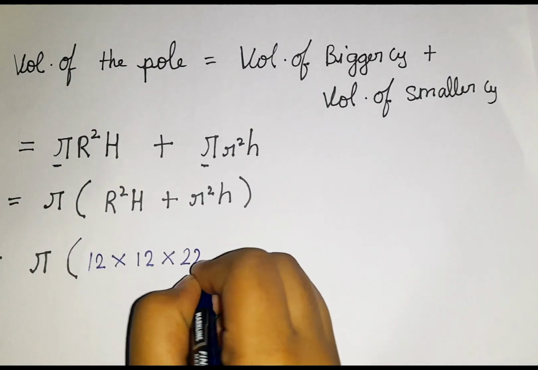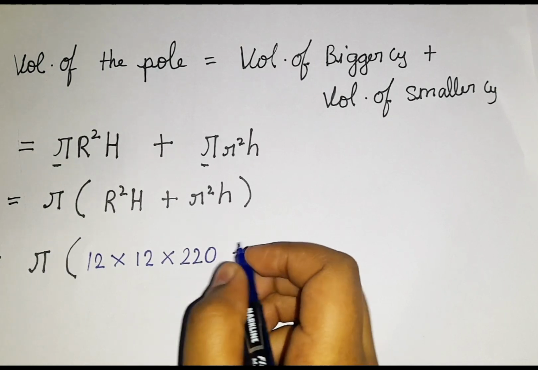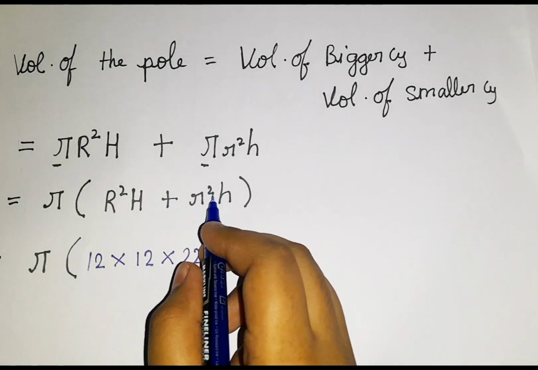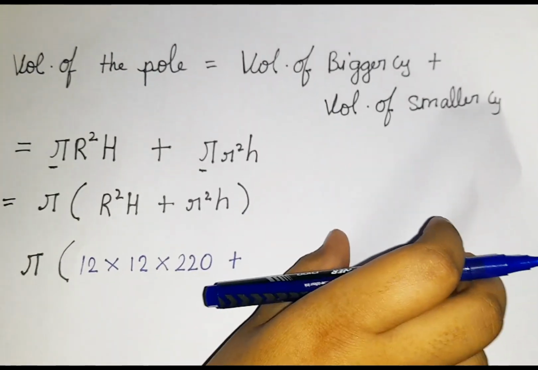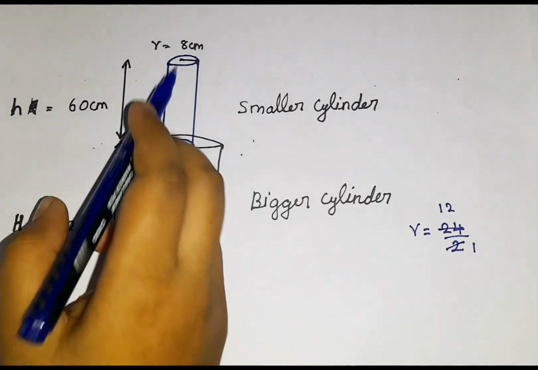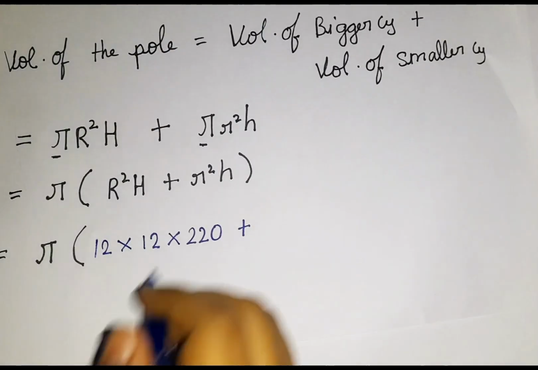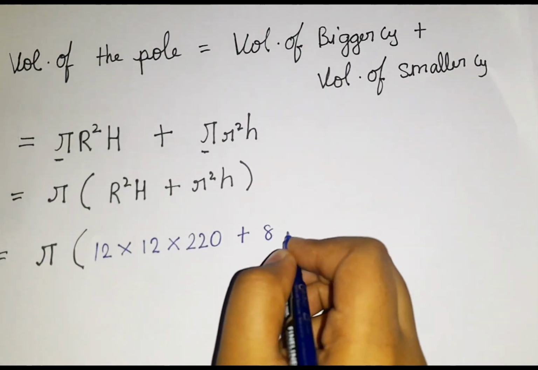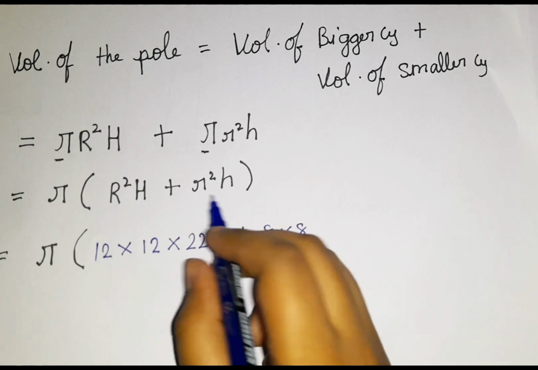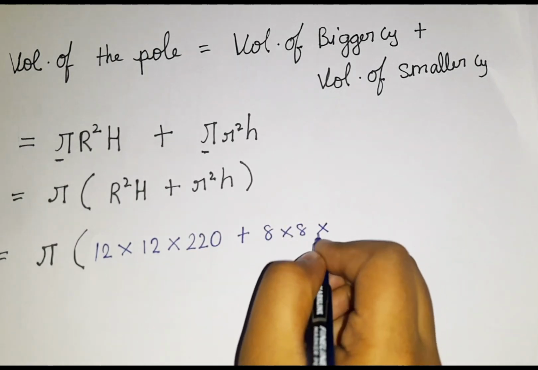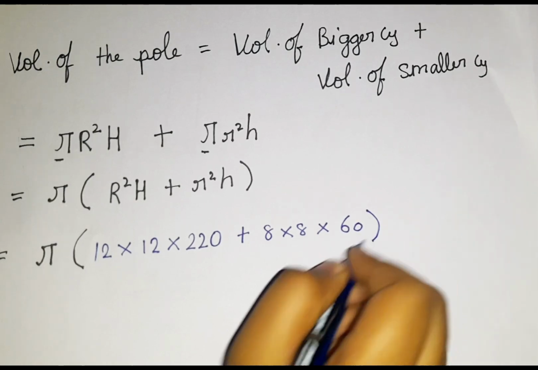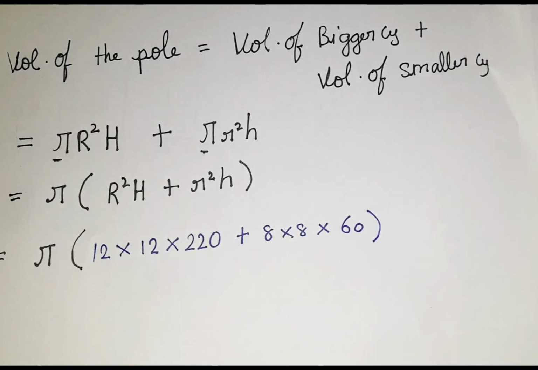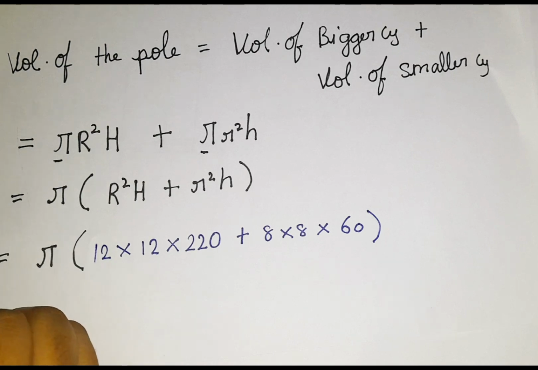So 220, and then plus small r². So what is small r? So small r is, the value is 8 centimeter, I guess. Yeah, small r is 8 centimeter. Okay, so let us write 8 into 8. Why? Because we have r², and then into small h is 60 centimeter, right? So 60. Okay, close the bracket. So now we can solve them. Okay, so is equal to,